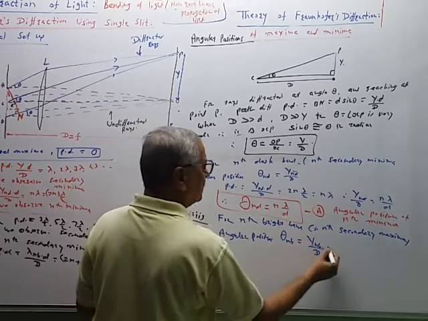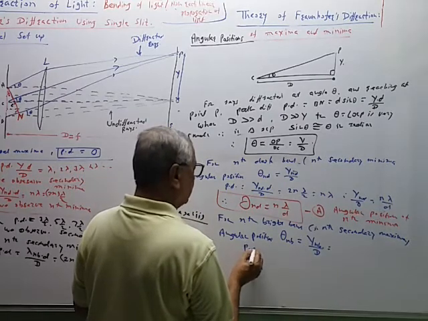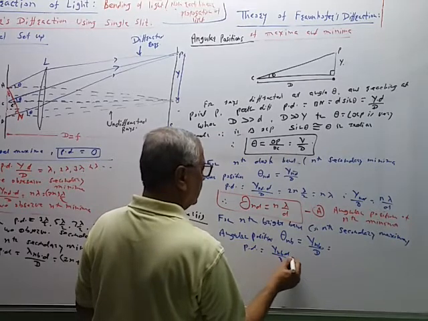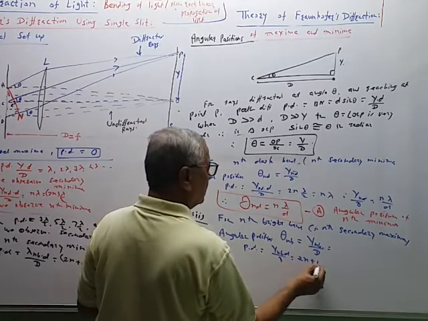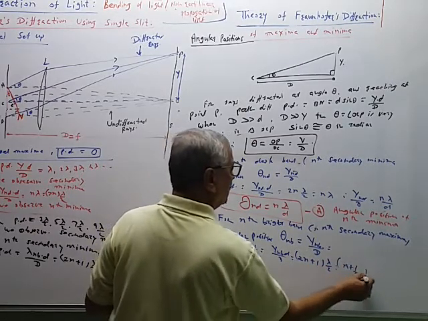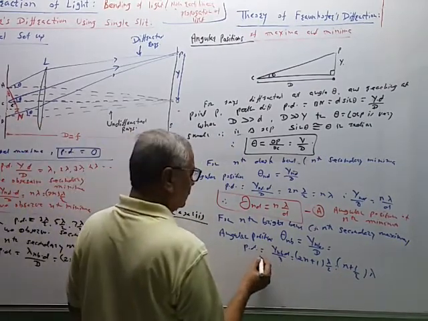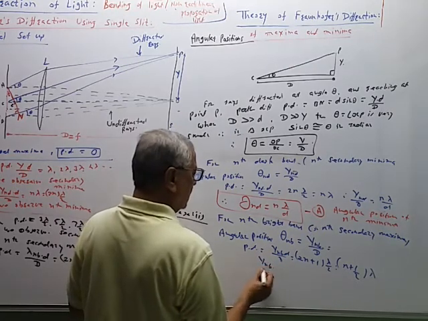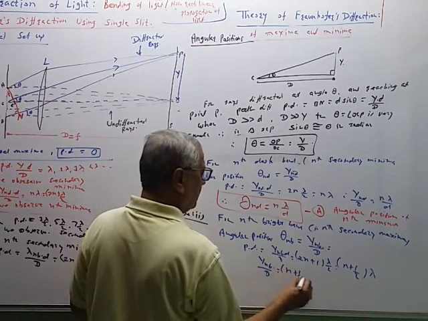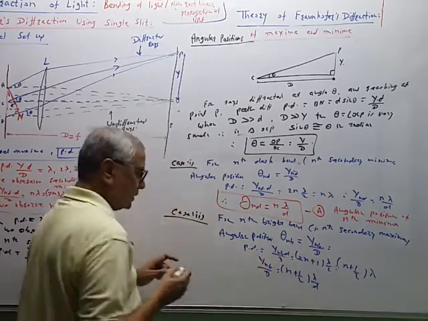Again, using the same formula, we can get this value like this. So path difference is equal to y nb into d upon D is equal to (2n plus 1) into lambda by 2, or (n plus half) lambda. We can write the value as lambda or lambda by 2 either way. So y nb upon D, taking D to the other side, is equal to (n plus half) lambda upon d. So equating these two values, the condition is like this.